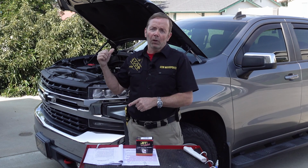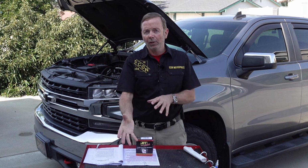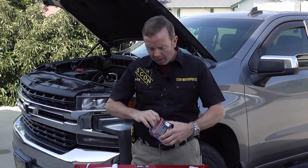So with this mass airflow sensor being closer to the air box, if it was an oiled filter and you oversaturate it, and let's say you're on the freeway and you totally stop on the gas, now that extra air that is coming in through the filter and into the throttle body could potentially pull some of that oil from the filter, and it will make its way onto,